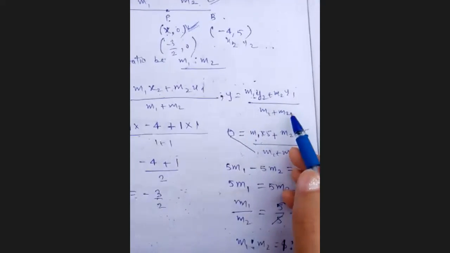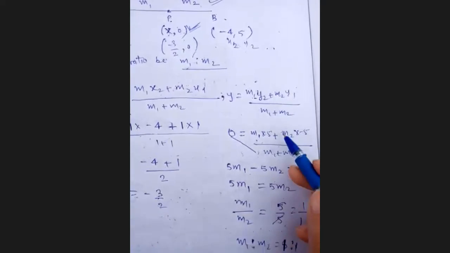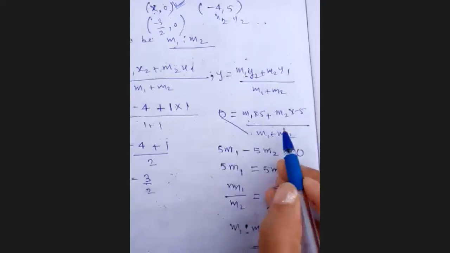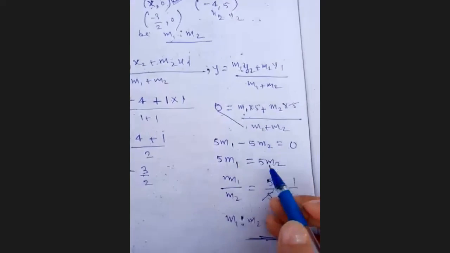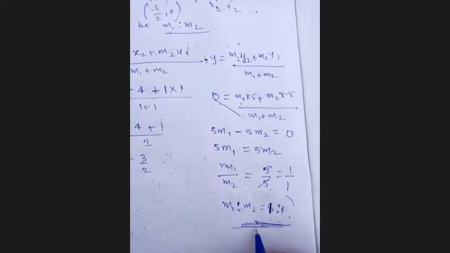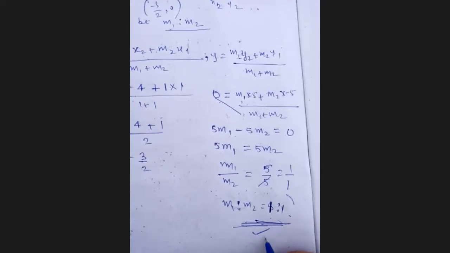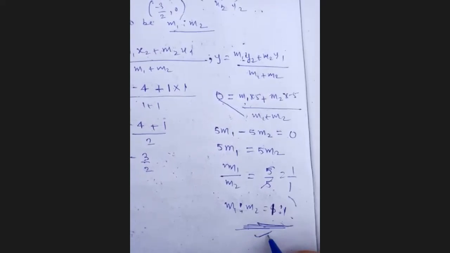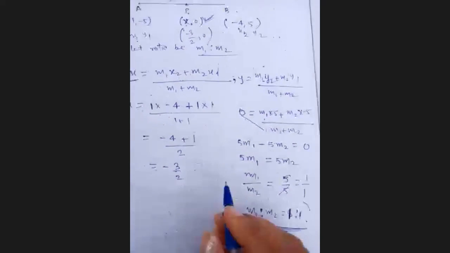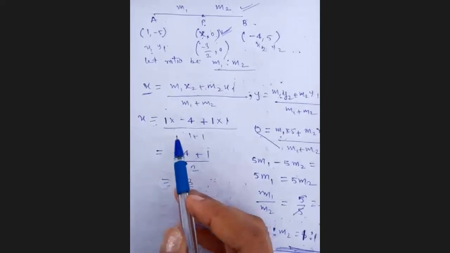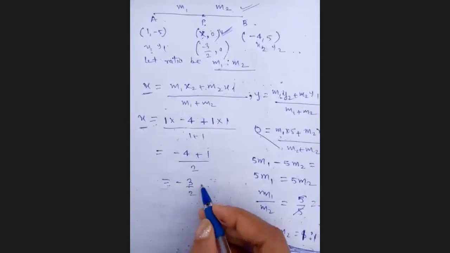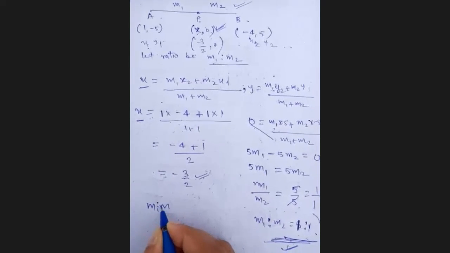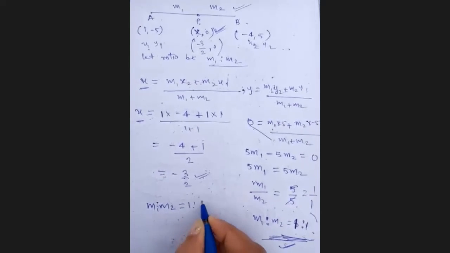तो हमें क्या करना है, पहले y को इक्वेट करना है, because here only m1 and m2 we can find out, because y की वैल्यू 0 दी हुई है। तो हमने y की वैल्यू 0 कंसीडर की, हमने इसकी सारी वैल्यू प्लेस की, इसकी हेल्प से हमने y को इक्वेट करके m1 m2 रेशियो फाइंड आउट करी। जो हमने रेशियो फाइंड आउट कर ली है, तो इस रेशियो की वैल्यू को x कोऑर्डिनेट में प्लेस किया, जिससे हमें x कोऑर्डिनेट की वैल्यू फाइंड आउट हो गई। क्वेश्चन में पूछा है m1 m2 रेशियो क्या होंगे, so m1 m2 is 1:1